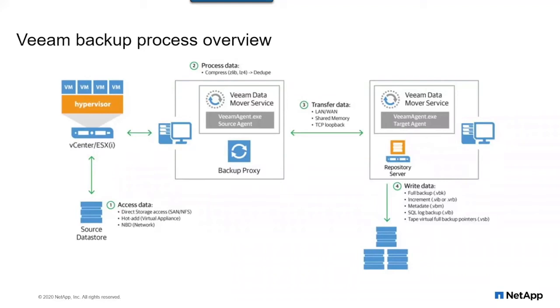So once it gets the list of your VMs and the virtualization host, it collects all the information, how much source side data is needed, and again on the repository, it evaluates whether data space is available to back it up or not. Once all this information validation is done, if the application aware image processing is enabled, like we talked about in